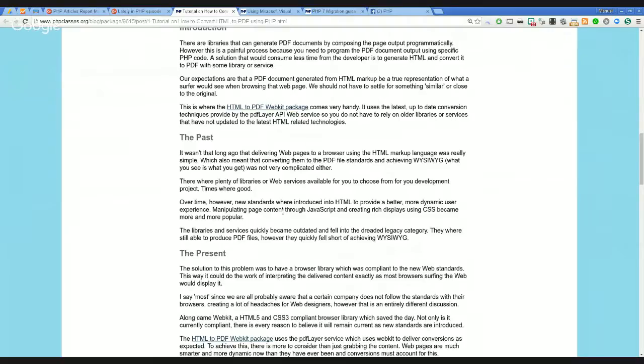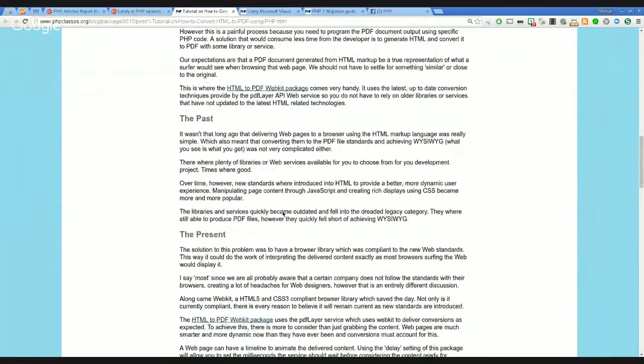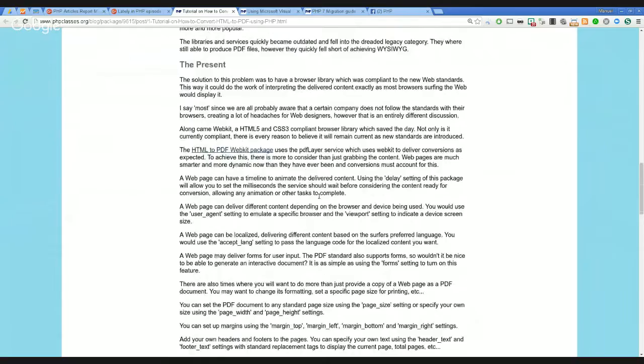So it's hard to make the PDF version closer to the web version. So what Dave Smith mentions in this article is that